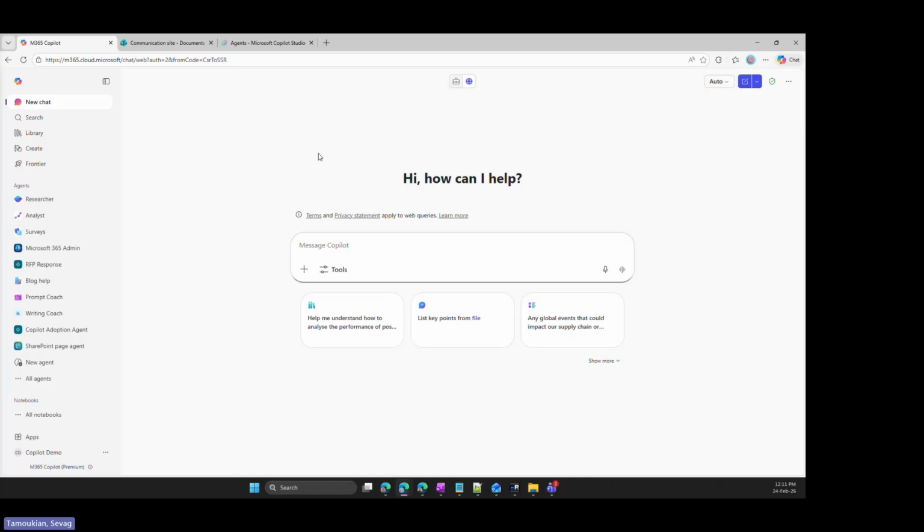Copilot. Now, like Brian mentioned earlier, when Copilot started, it was based on OpenAI. OpenAI obviously has ChatGPT, and when we call GPT, that's the LLM, the large language model, which is the brain that does the thinking behind Copilot or ChatGPT, right? Now, very brief history. Microsoft and OpenAI had a joint venture.